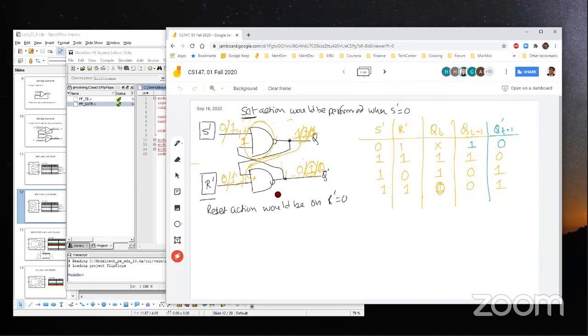Now, what is that preset and reset? Basically, it has this 3 terminal, and it has another terminal called N preset